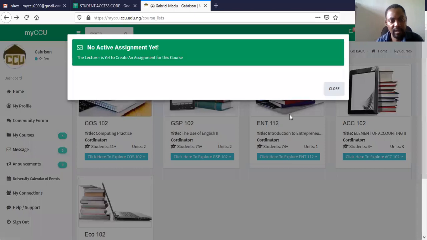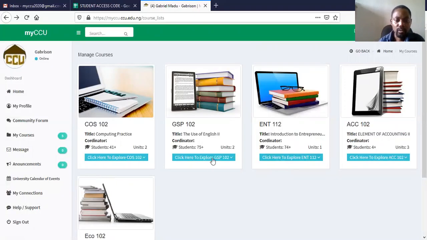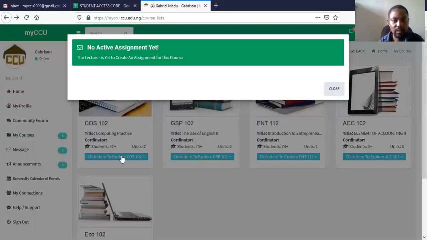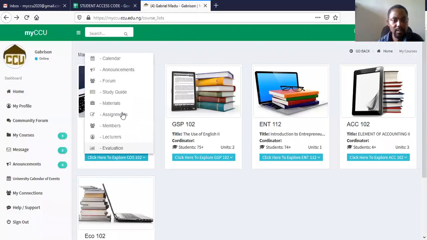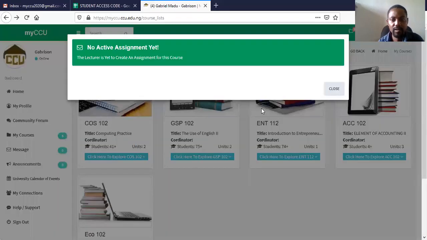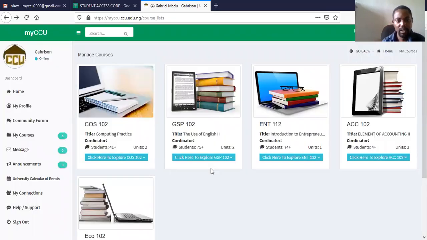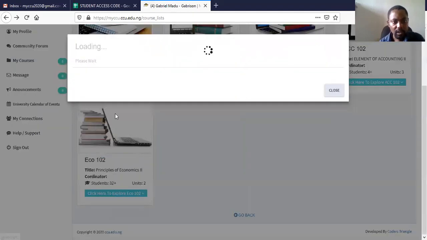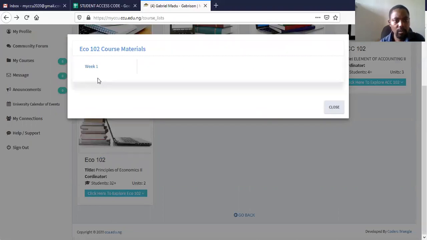Then we have assignments too. Whenever we are given assignments, it will also come up here. So if there is any assignment, we should be able to see it and see the assignments that the lecturer has given. If there is any document that we need to download from it, we'll also see that. This is ECO 102 that has course material,